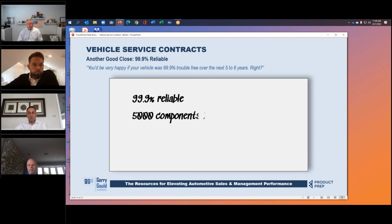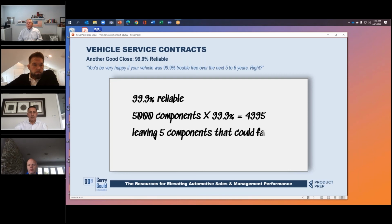That vehicle has over 5,000 components. Multiply that by 99.9. That means there's 4,995 components that are fail-safe. They're not going to go wrong, even if your vehicle is 99.9% reliable. But that does leave 5 components that could fail. But let's cut that in half, all right? 2.5 products at an average cost to repair of $800. Even if your vehicle is 99.9% reliable, you stand a chance of spending at minimum $1,600 over the next 5